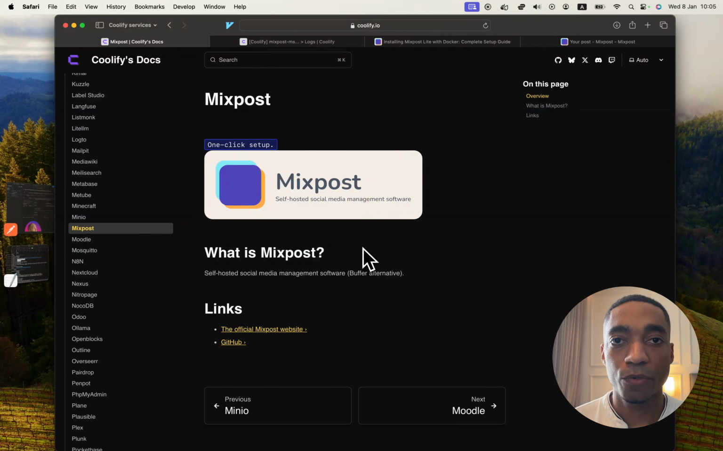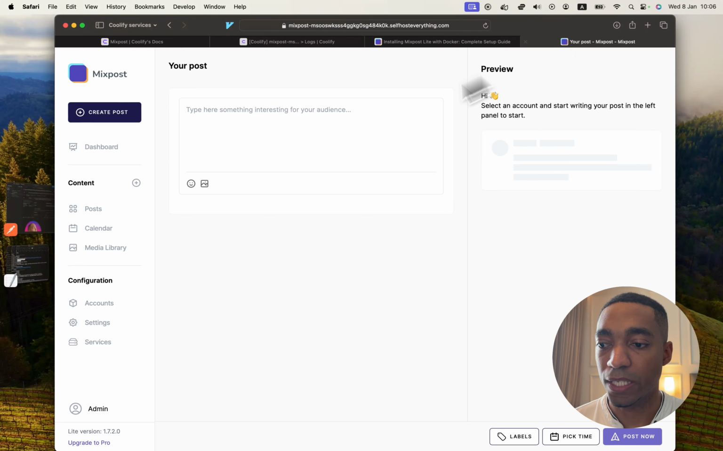Hi guys, the next Coolify service that we're going to be self-hosting is called Mixpost. It's an open source Buffer alternative. So if you know Buffer, it's a social media management platform. And so Mixpost is an open source alternative to that, which once we've self-hosted will look like this, where you